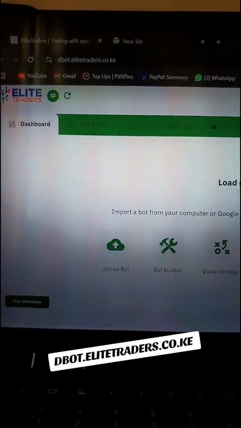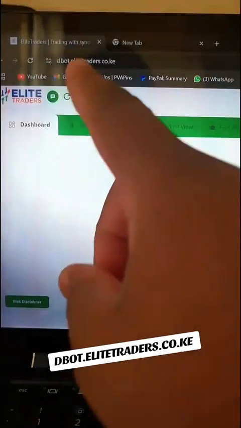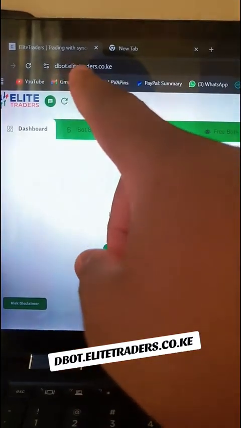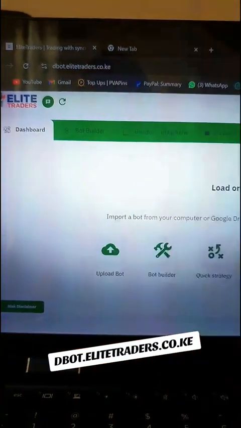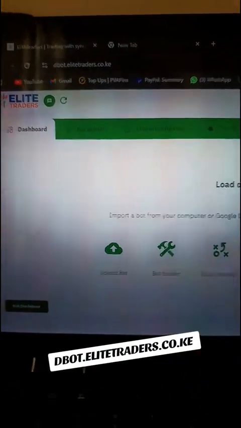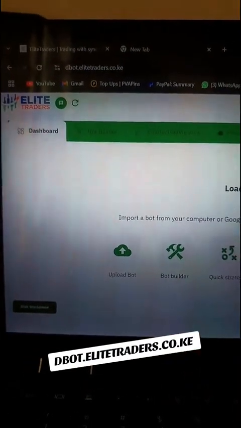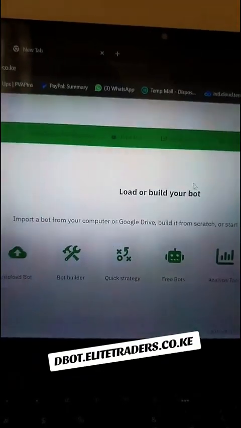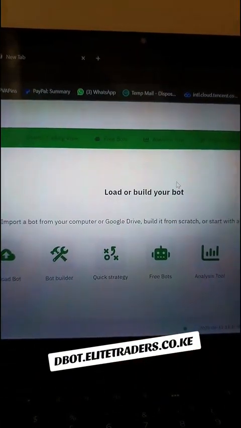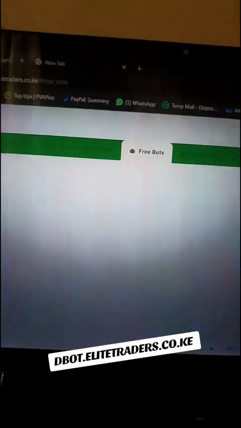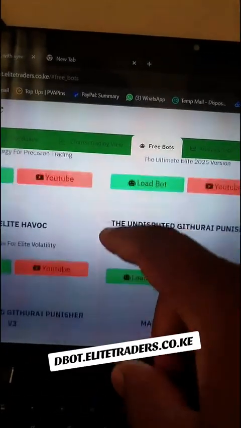Although even if you are still using the other one, you can continue using it, but we also have a new one, dbot.eritraders.co.ke. So this is the analysis tool that we'll actually be using, and just like we have always been doing, we also have what we call the free bots. And in today's video, I want to show you how you can use this